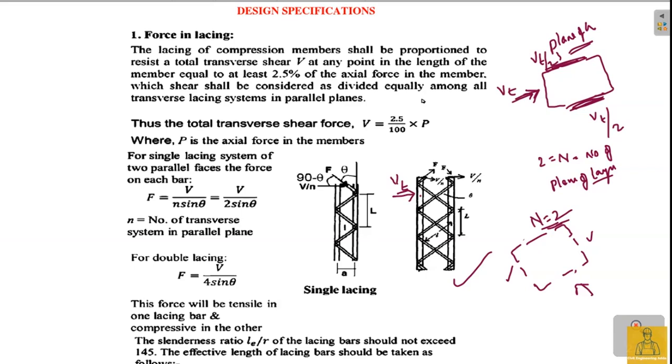Of course, we actually used Vt as the denotation for this transverse shear force. So Vt is equal to this. And it is also mentioned in clause 7.6 of IS 800 that this transverse shear force which is going to act on this built up column is to be taken as